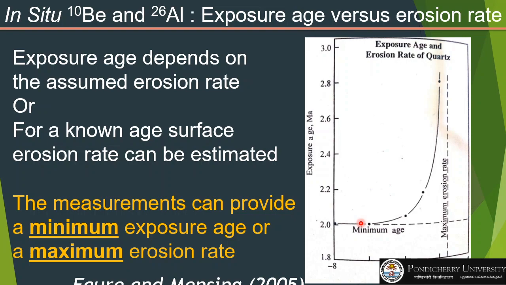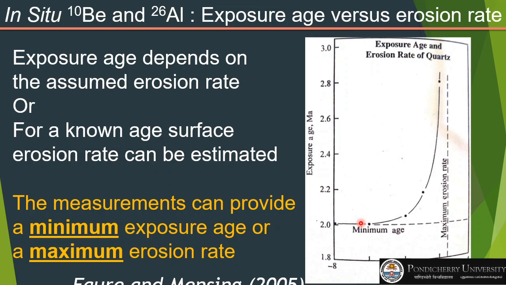Some people have to tackle this problem of non-unique answer using one of these cosmic nuclides. Some people have actually started using both together. So if you analyze the same samples for both 10Be and 26Al, then you have two independent ways of estimating the same parameters. So in that way, you can test for the concordancy of the ages or of the rates estimated based on the measurement of 10Be or 26Al, and that gives you a better idea or better constrained ages.